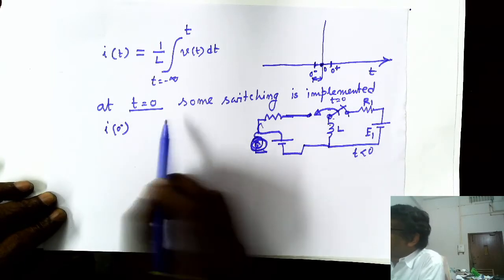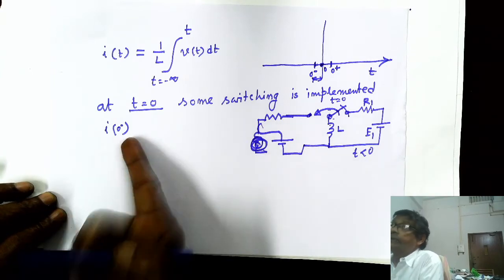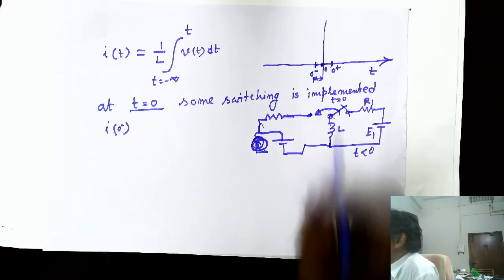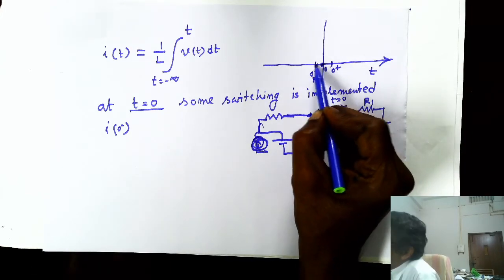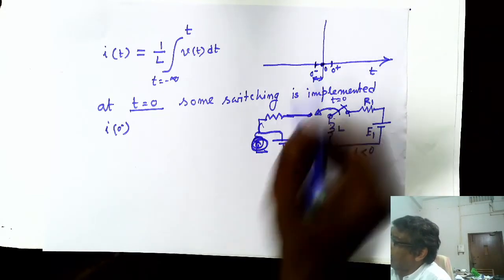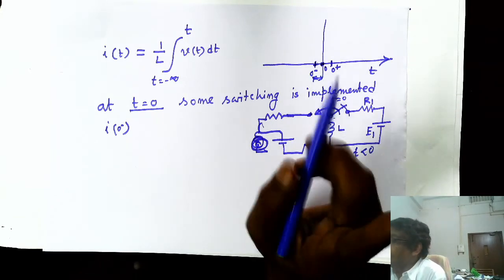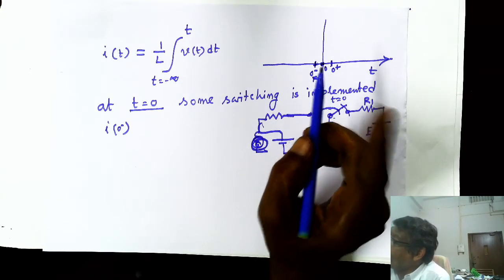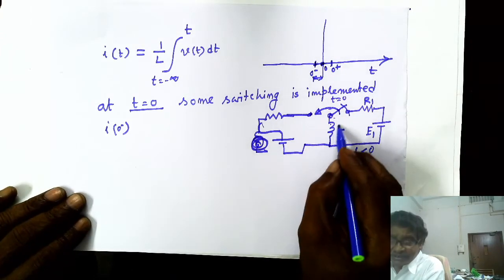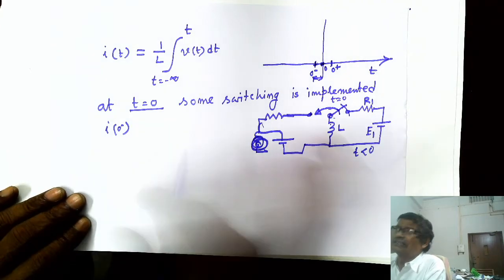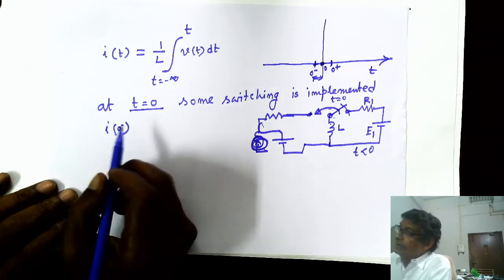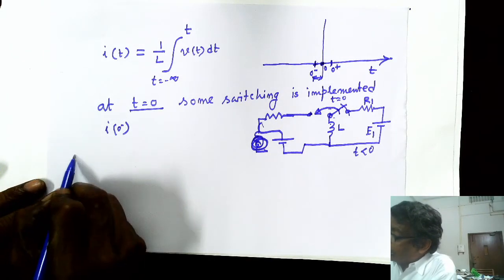So at t equal to 0 switching is done. At t equal to 0 minus maybe there is some current existing just prior to carrying out the switching. The inductor might have inherited some current from some other circuit right at t equal to 0 minus. That is the point I want to tell. But the same inductor I have now connected to some other circuit. Now, therefore, obviously, you know that i(0 minus)